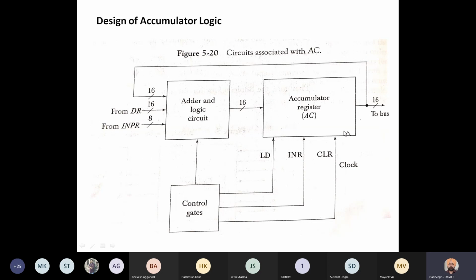The first byte must be in the accumulator, the second byte can be available in the data register or in the input register, and after performing addition or any logical operation, the information is placed in the accumulator itself. So this is the overall structure. Let us see how control signals are generated related to various arithmetic or logical operations.